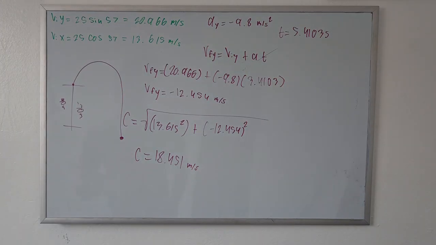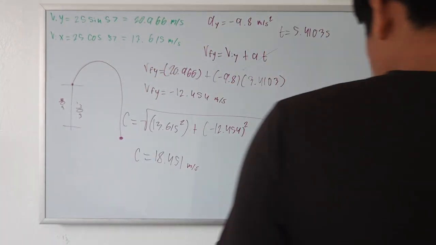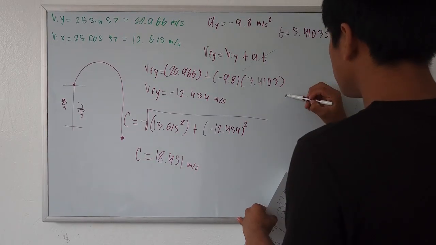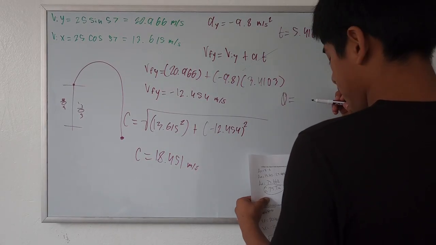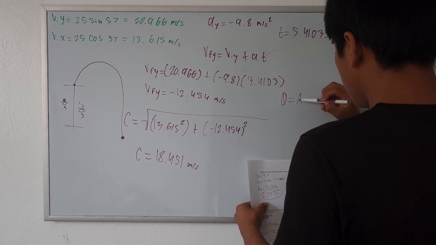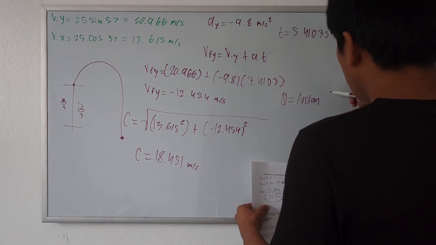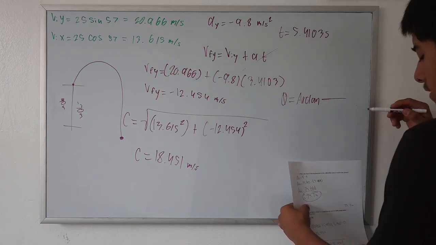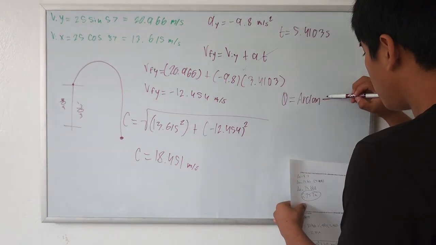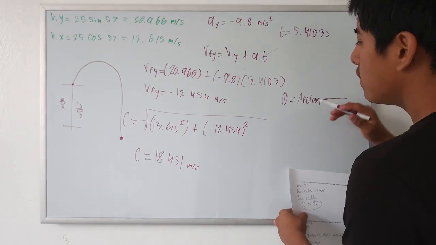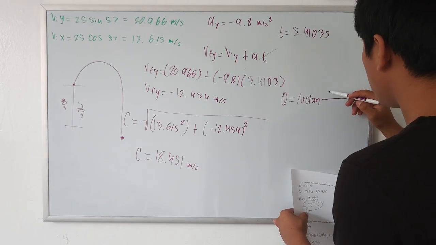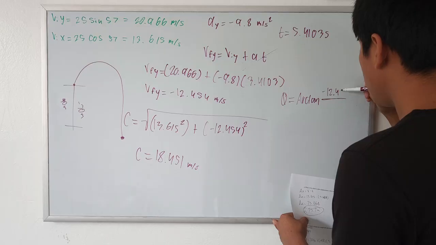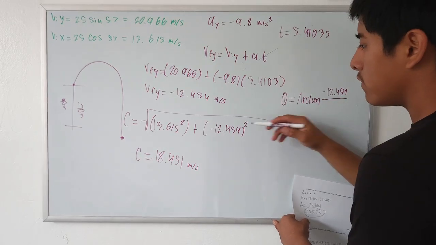For the direction, you're going to use this formula. So theta is going to be equal to arctan of sine over cosine, for y over x. So for y, we have negative 12.454 all over